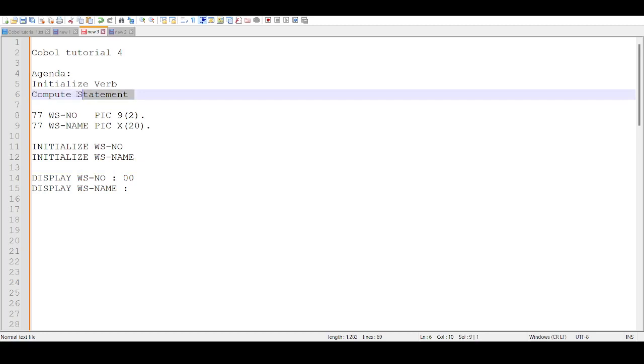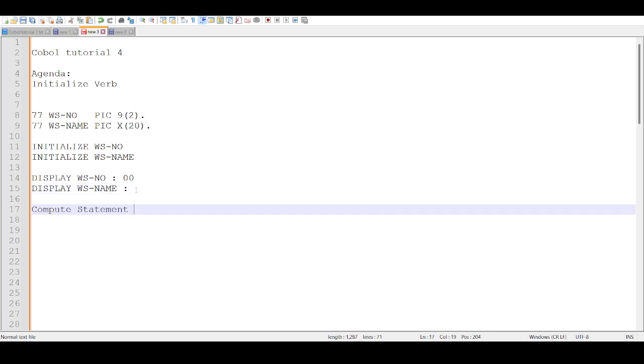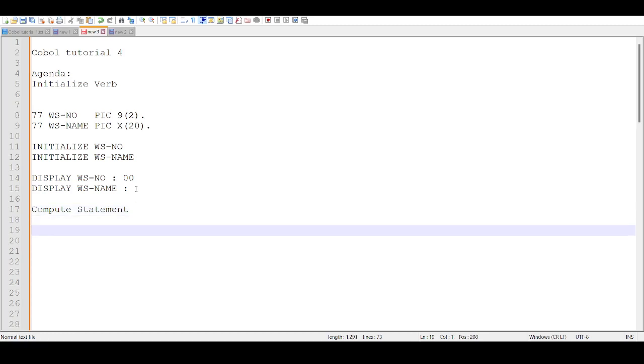What is this COMPUTE statement? The COMPUTE statement is used to perform arithmetic operations in our COBOL program. Suppose I want to add two numbers and assign the result to some other variable. How can we do that? The syntax is